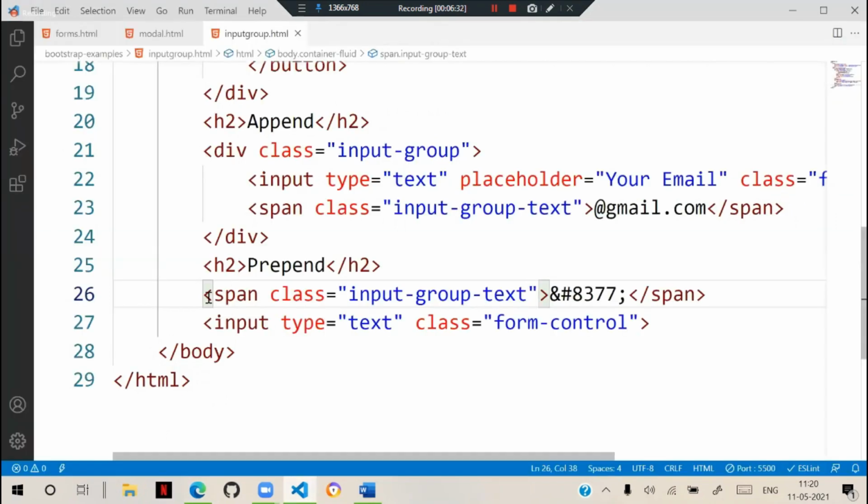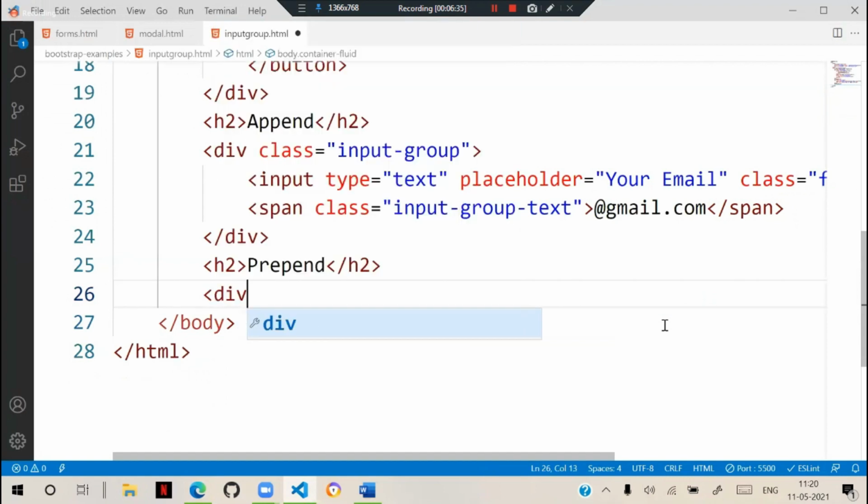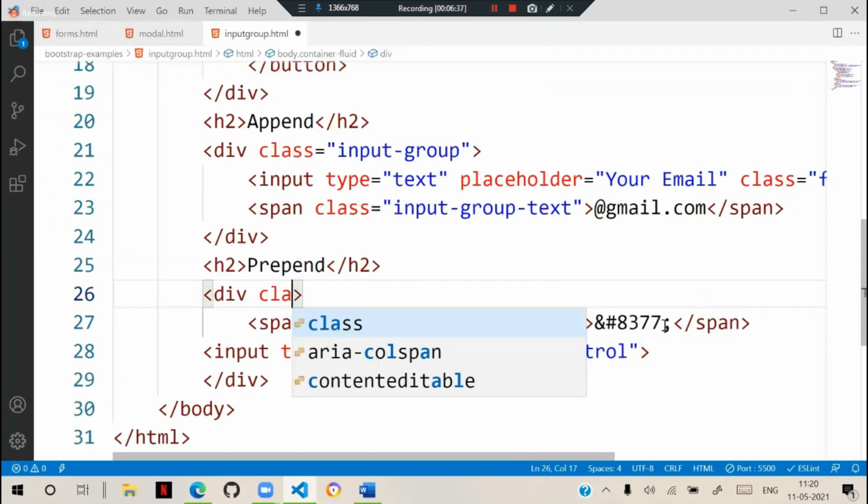So this too must be defined in a div, and that div should have a class called input-group.